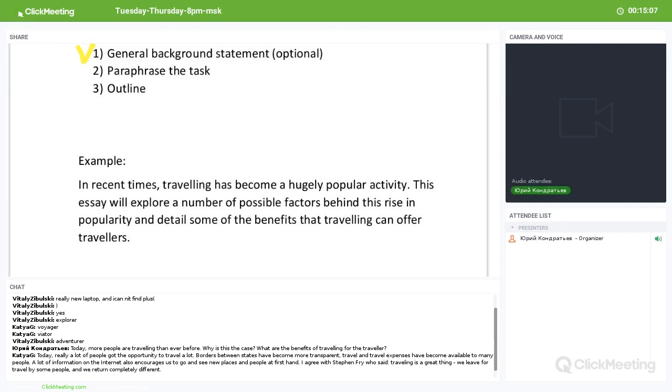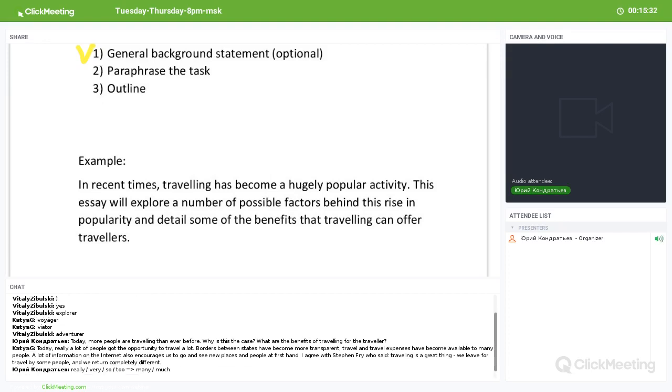Okay, so here's Ekaterina's example. Today, really a lot of... So when you say really, it means you need to say many or much. You cannot say really and a lot of. When you have words like really, very, so, too, then you cannot use a lot of. You use many, much instead, even in affirmative sentences, even in positive sentences. Okay, so really many people, or a great number of people,